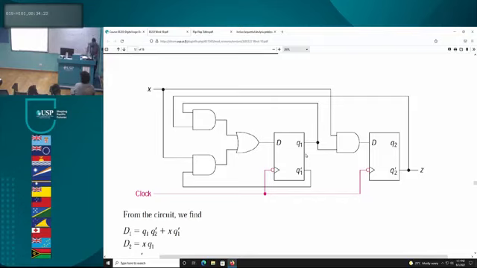D1 is equal to Q1 and Q2. Was it Q2, guys? Let's trace it again. These two. Okay, that fellow there goes in here. That's Q1, definitely. What about this guy here? Q2 bar, right? And if we look at,